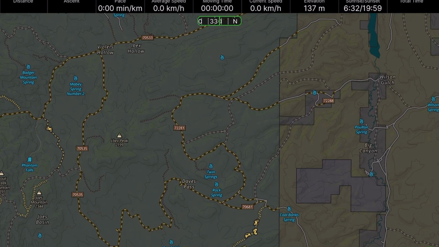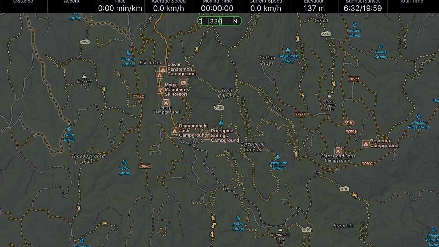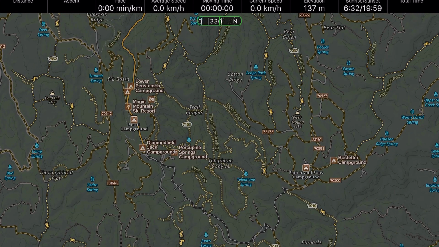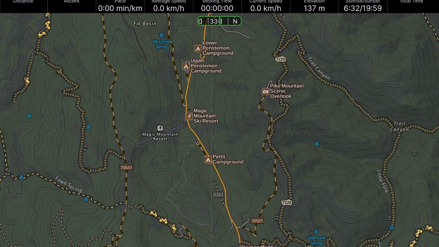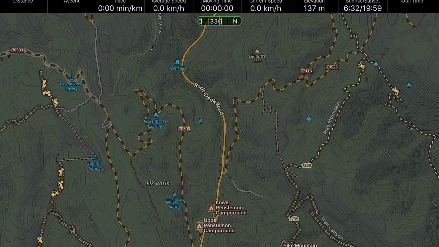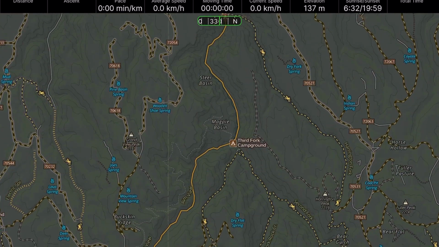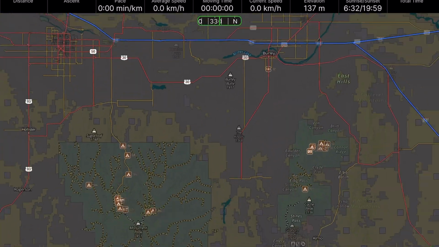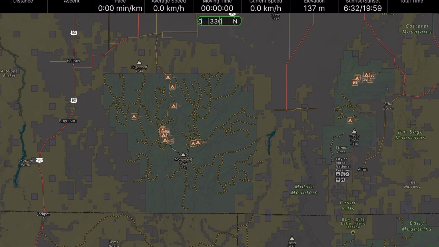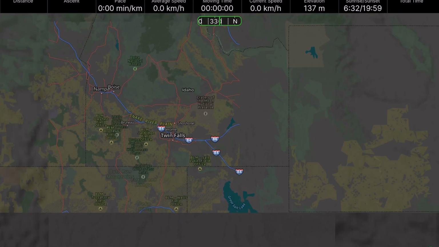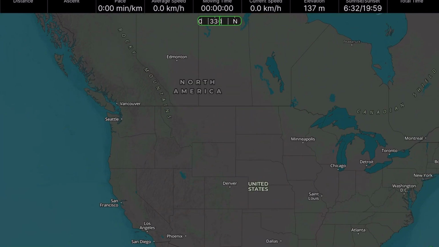We can also see the public lands map by the different colors, and that's one of the adjustments that we'll have to do is get used to the new shading colors. But you can see here it does provide you with quite a bit of information. As you zoom out, some of this information will still be enabled. So if you're doing planning on a bigger view, you'll be able to have a wider bird's eye view of the routes and be able to help you with your planning that way.